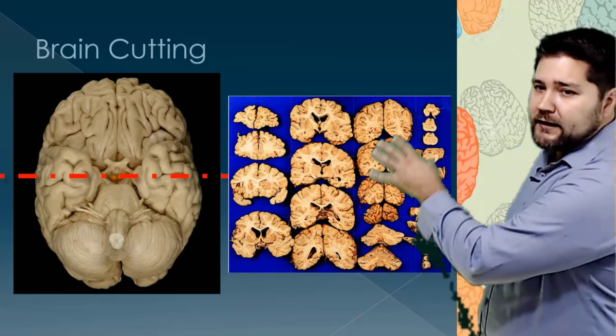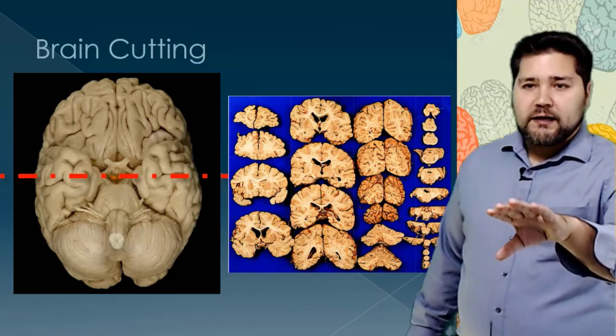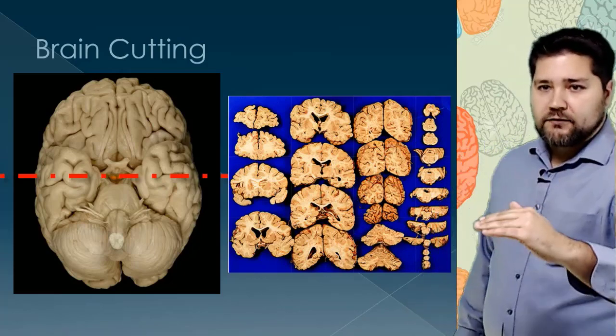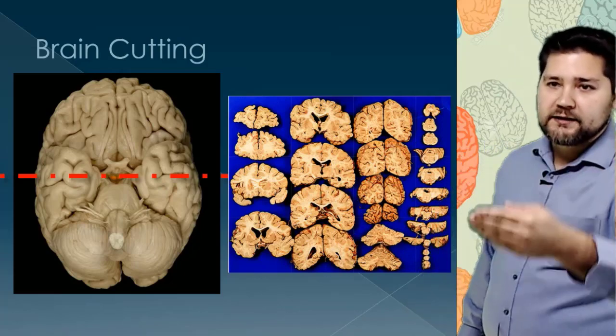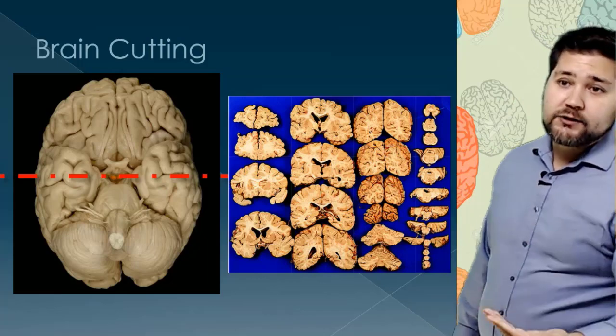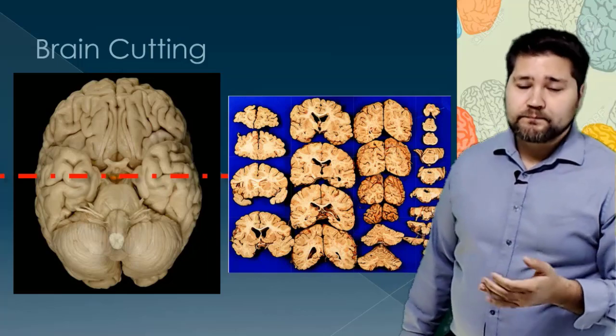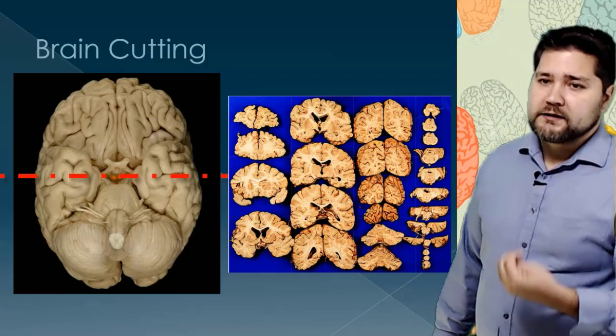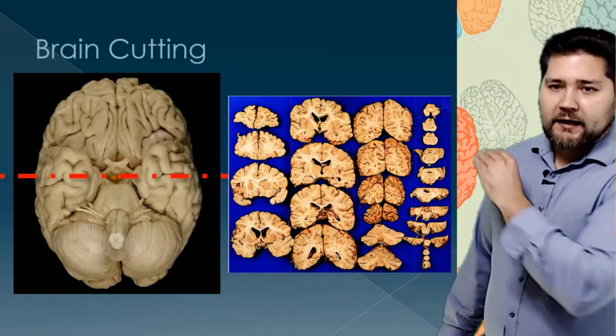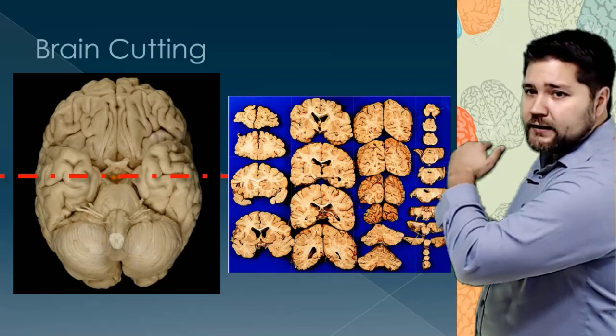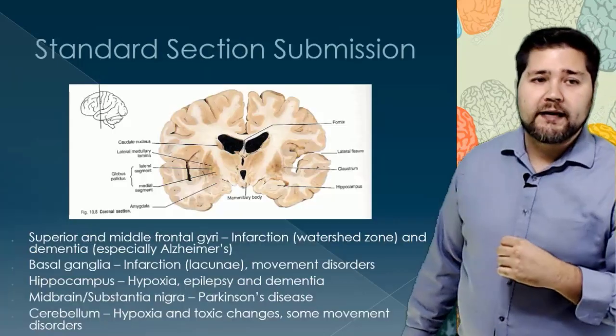And then you should get a nice layout from here. Now, you can leave the brainstem attached if you want, but another technique is to just cut it off at the midbrain, and that lets you see the substantia nigra right away and let you know whether it's colored or discolored. But by cutting the upper hemisphere through this way, through the mammillary bodies, what we'll get is this nice